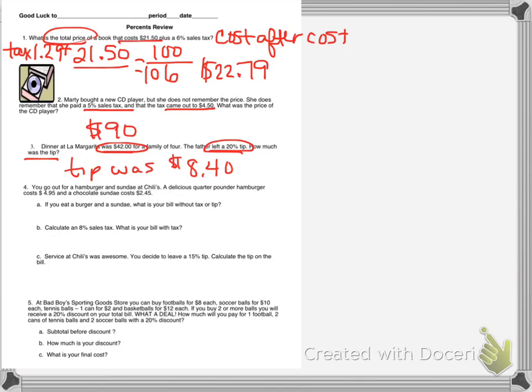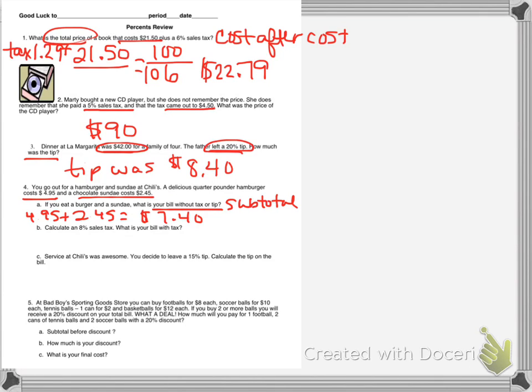Number 4 talks about a hamburger and a sundae at Chili's. Let me move this so we can see it a little bit better. Delicious quarter-pound hamburger was $4.95, and a chocolate sundae was $2.45. If you eat a burger and a sundae, what was your bill without tax or tip? So this is your subtotal before tax or tip. So we just need to add $4.95 plus $2.45, and our subtotal is